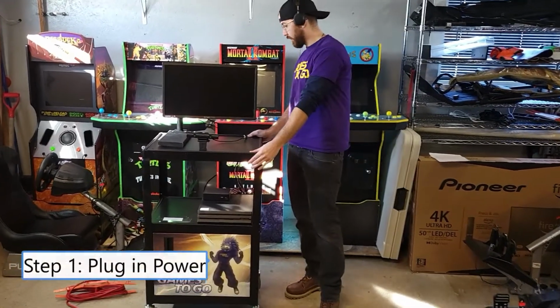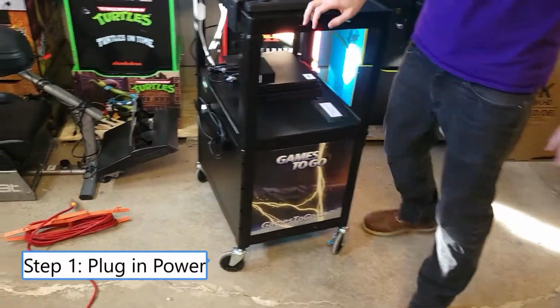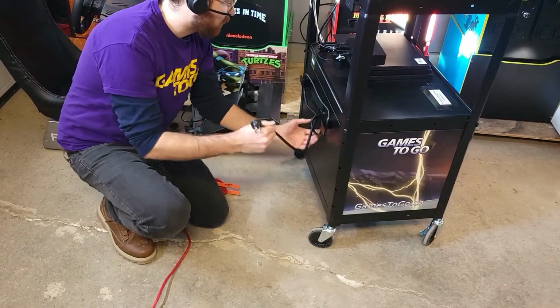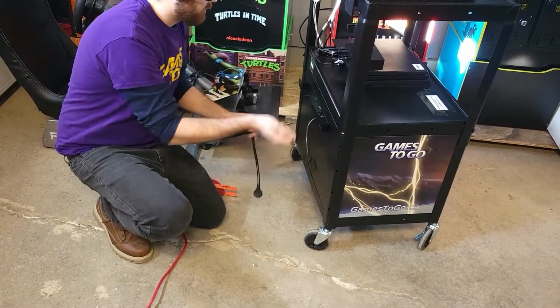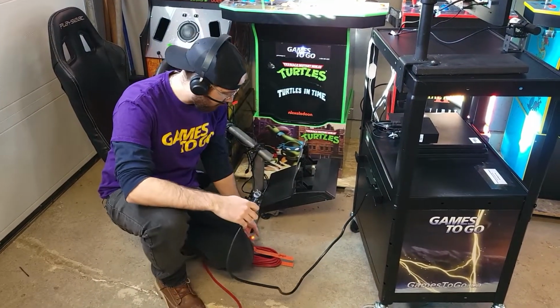So step number one, we're actually going to turn the cart around to the back, and we're going to plug the power in. So it's as simple as that. We're going to see the power outlet over here in the back of the cart. We've got a little cord that comes out, and it's just a single power outlet that charges and turns on the entire unit. So if we plug this in,